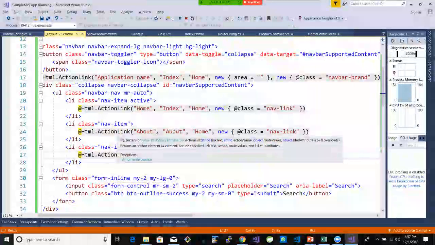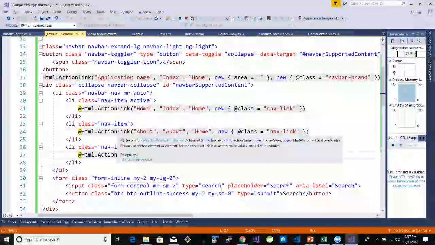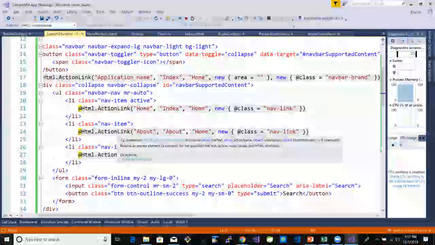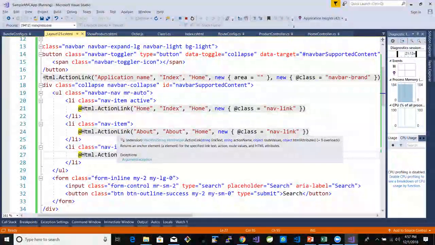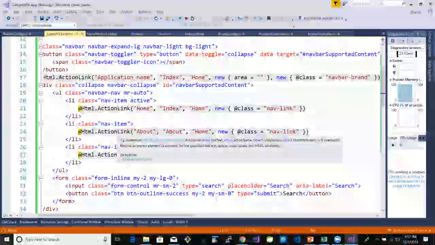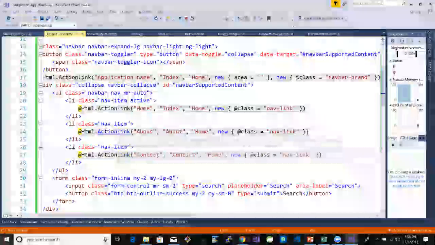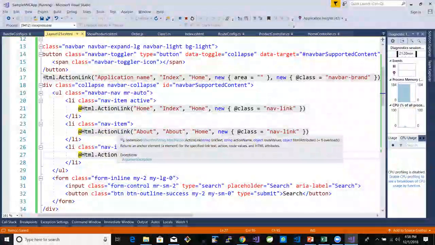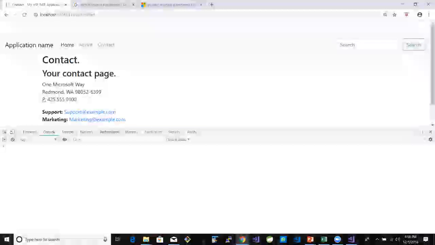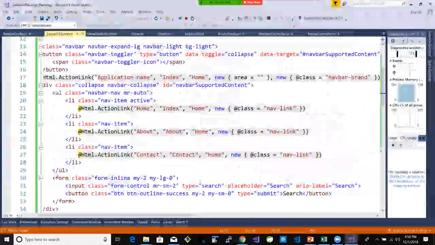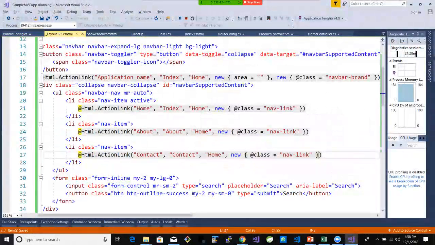So I want to show you first how we can send data from the client to the controller. So we were calling the controller methods, the action methods, but we need to be able to, let's say I fill up a form and then I click submit. Then I need to pass that data to the controller method so that we can do some processing with that information. Yeah, I wanted to show that. So let's do this quickly. I'll show you